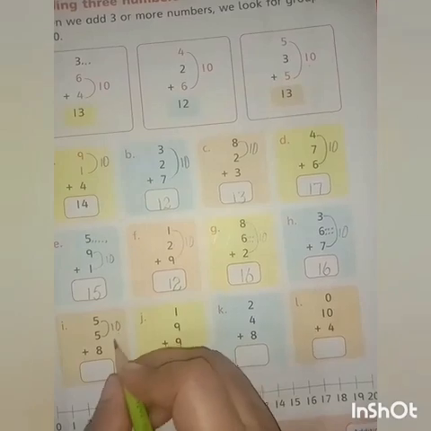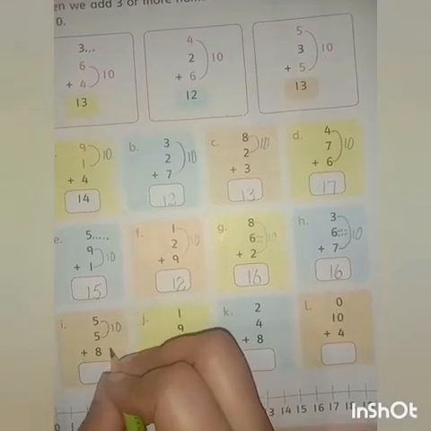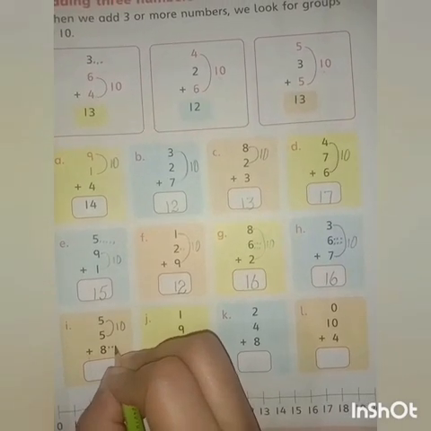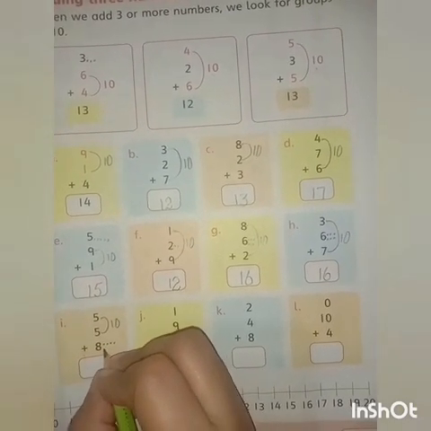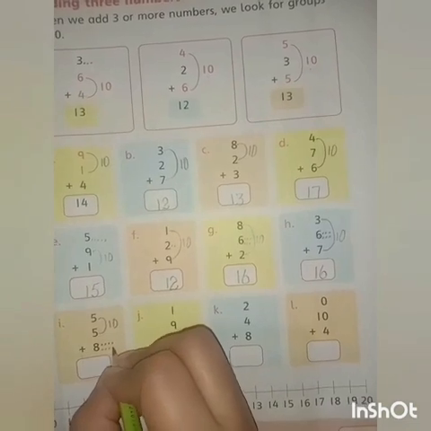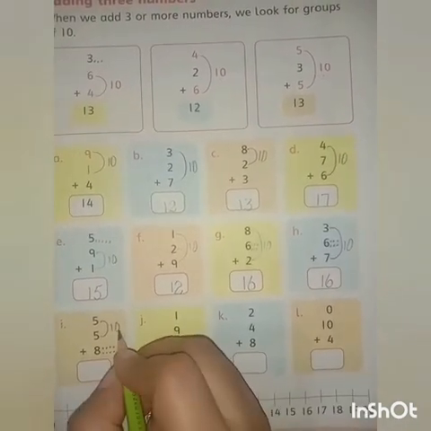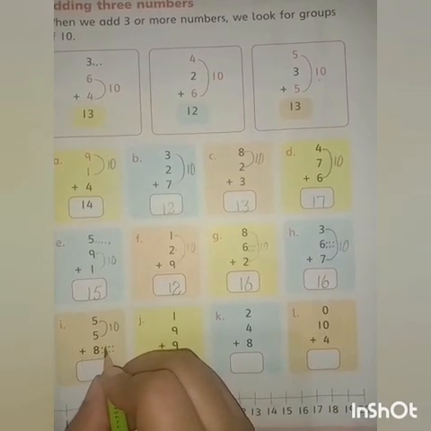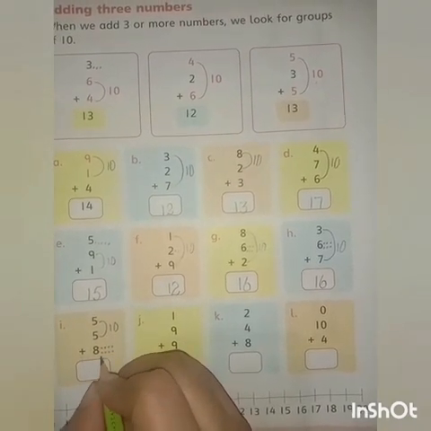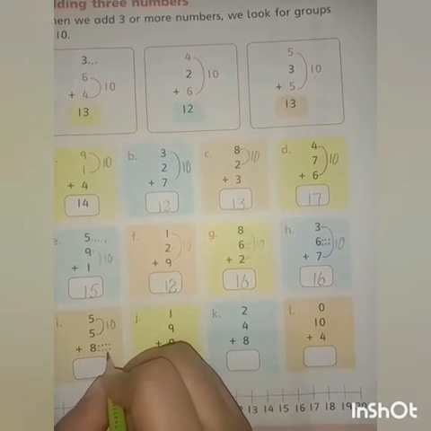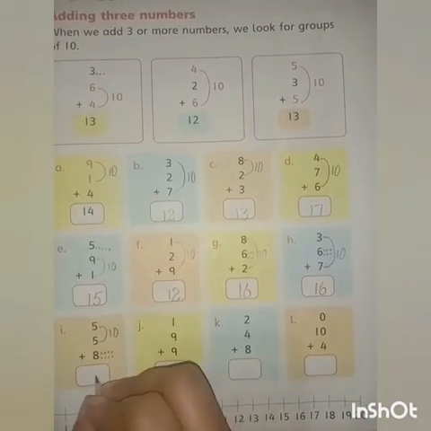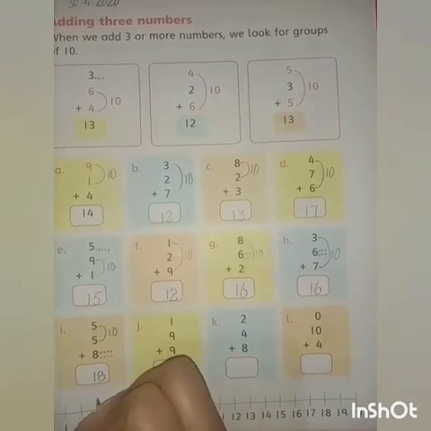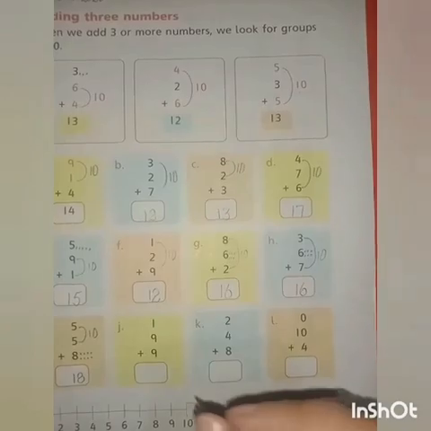Now students, we have to add 8 in 10. We have to point a little bit 8 dots on the back of 8. 1, 2, 3, 4, 5, 6, 7 and 8. Now count towards 10 and add 8 in it. 10, 11, 12, 13, 14, 15, 16, 17 and 18. Here we got our answer and the answer is 18. Write it in the box. In 18, we have 1 tens and 8 ones.